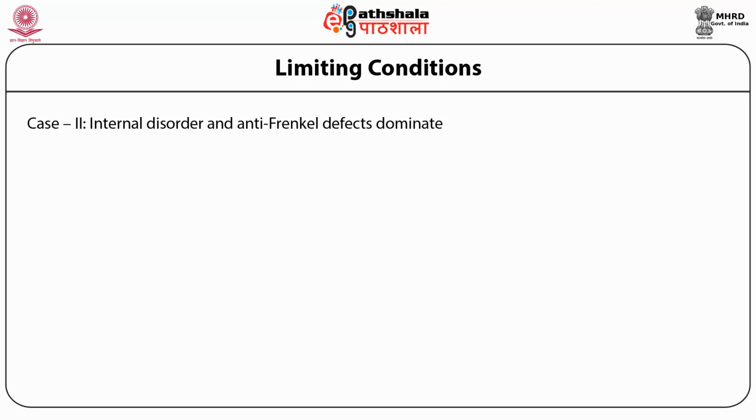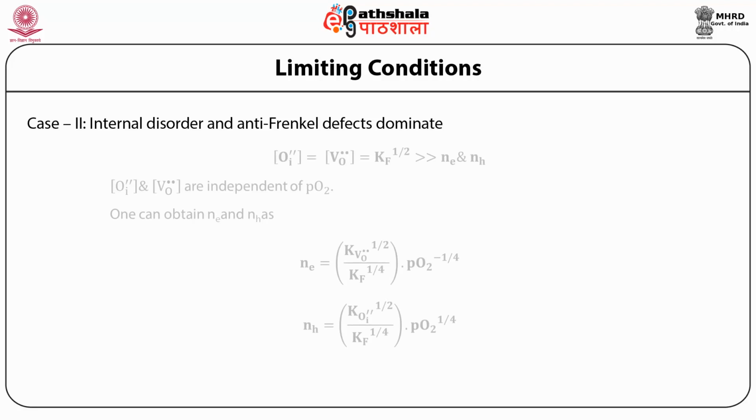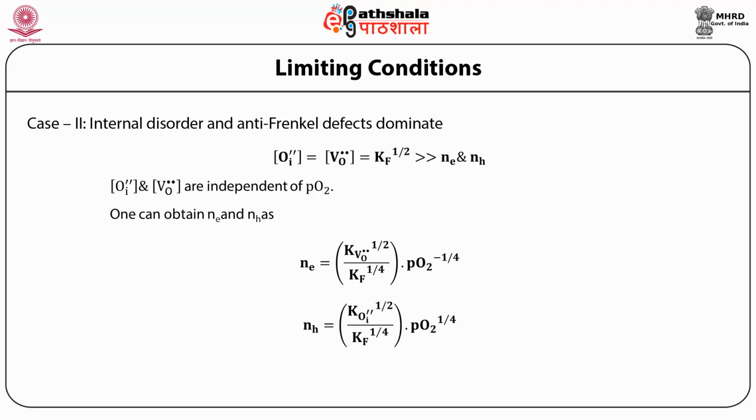Now the second case under stoichiometric condition for the intermediate partial pressure is internal disorder, where anti-Frenkel defects dominate. So here the reaction is: the concentration of O_i double prime is equal to V_O double dot, which is equal to K_f to the power 1/2, which is found to be very much greater than n and p. Now since the concentrations of O_i and V_O double dot are independent of the partial pressure of oxygen, using the previous equations for n and p, we get